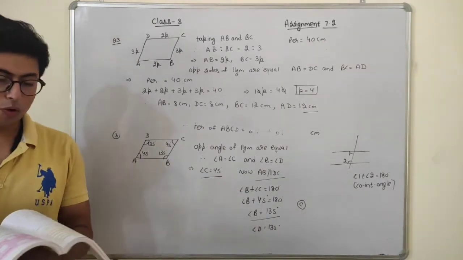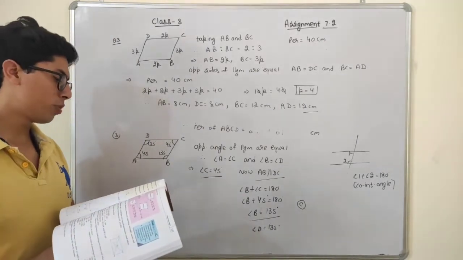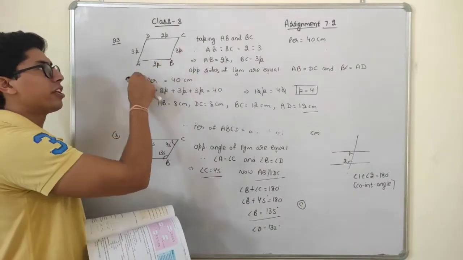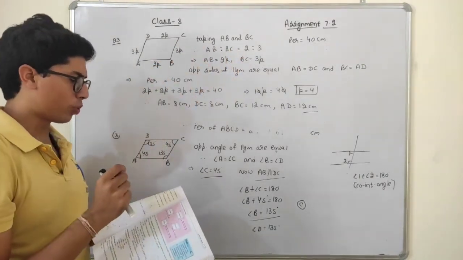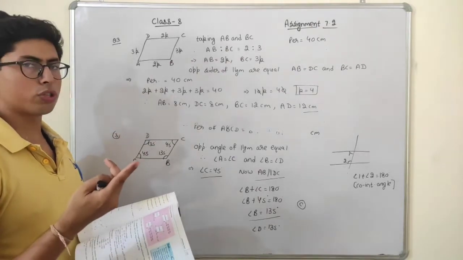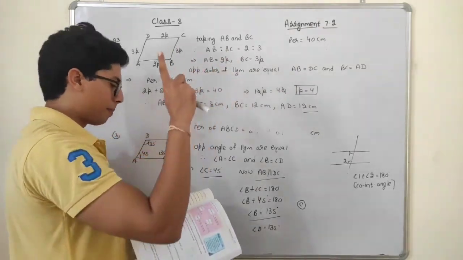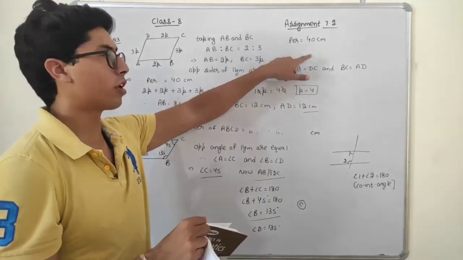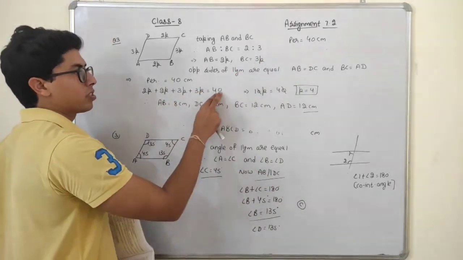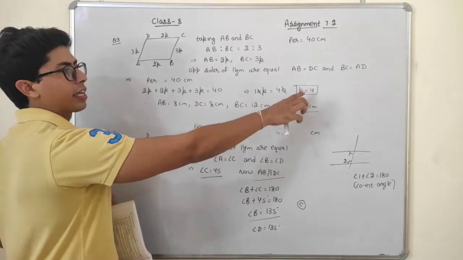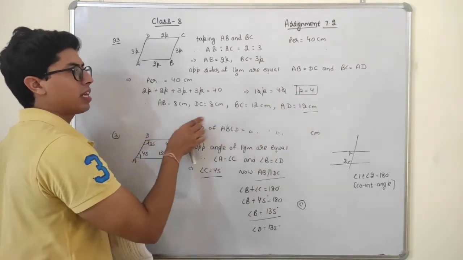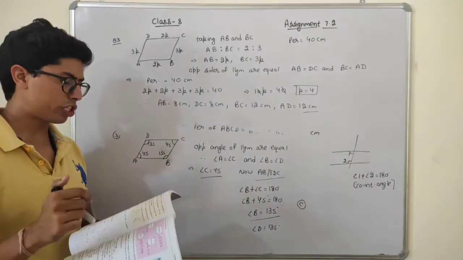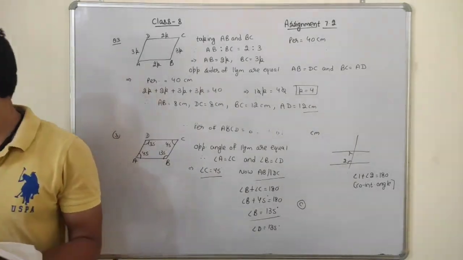Okay. Now question number 4. See, students, question number 4 is also the same, the adjacent sides ratio is the same. In this question the ratio is 2:3. In the next question also the ratio is 2:3. But the perimeter is 60 centimeter. So just take 60 instead of 40. So you have to take 60 here, and the K value will be 6, and the answer will be different. So just do question number 4 yourself, students.